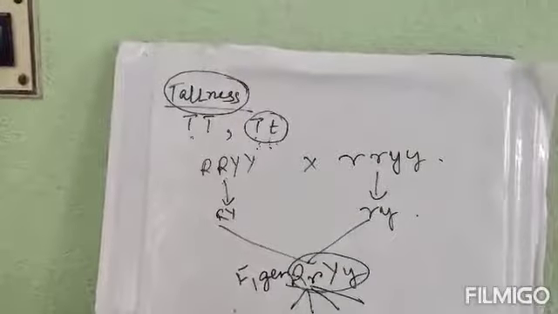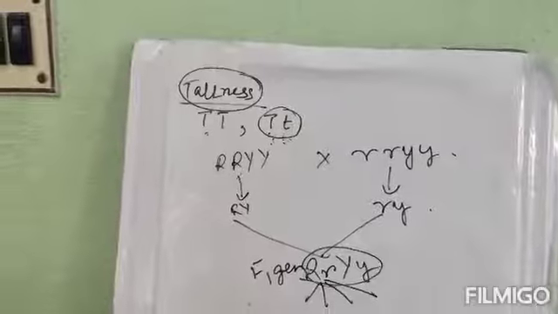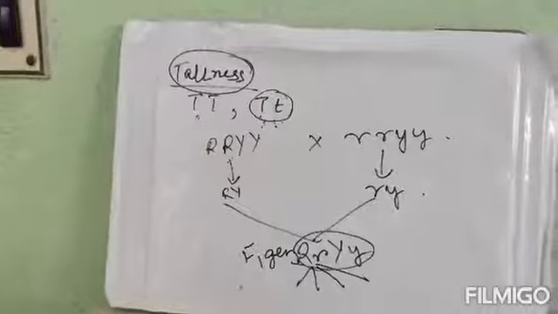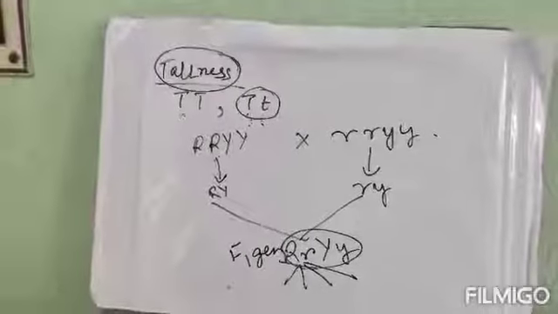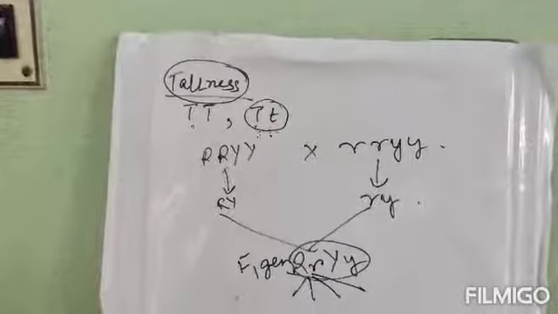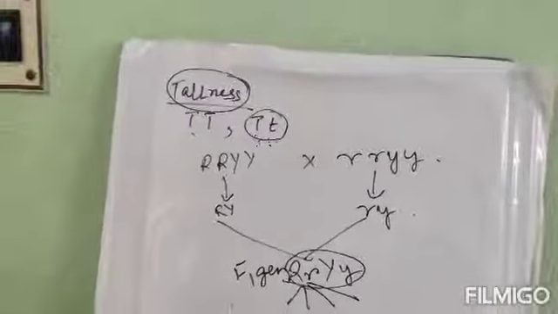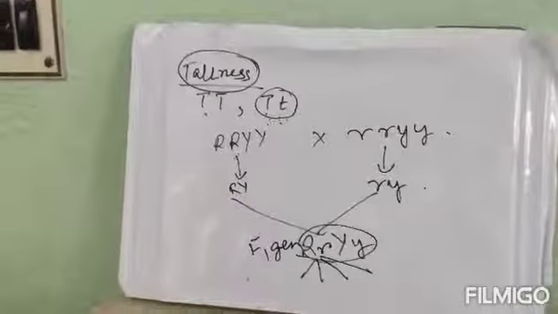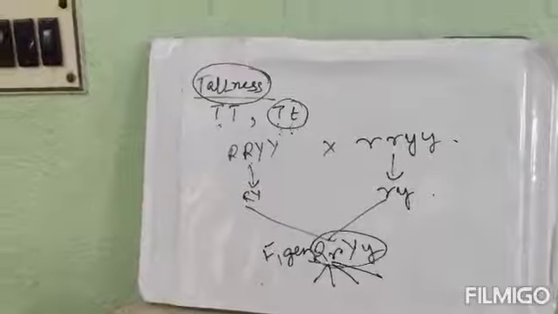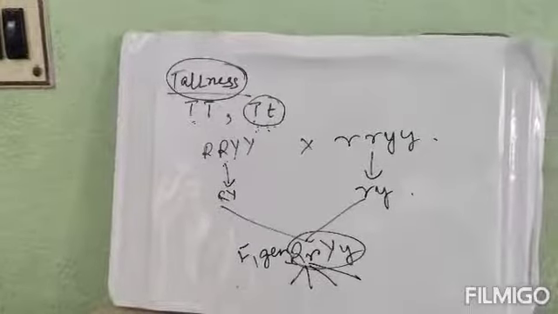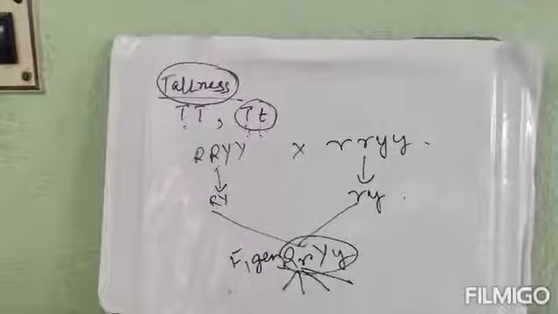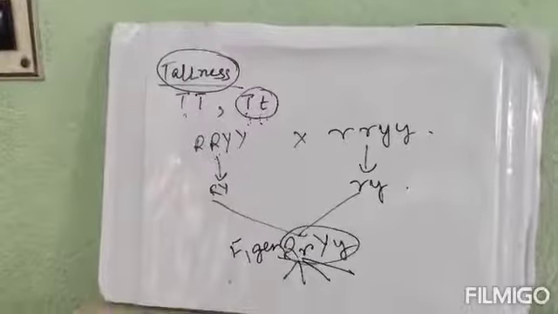Number 6, Mendel selected pea as material for his experiments because, the option will be all of the above. That is, it is an annual plant with a comparatively short life cycle, the flowers are self-pollinated, and the number of seeds produced is quite large. So all of the above will be the answer. Number 7, which one of the following did not constitute the 7 contrasting pairs of characters noticed by Mendel in the pea plant? The answer will be option B, shape of the leaves. Shape of the leaves was not there. Everything else was there.